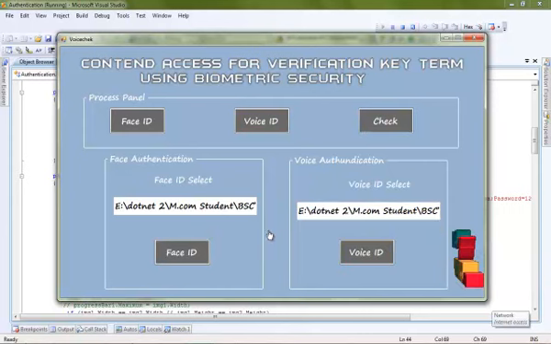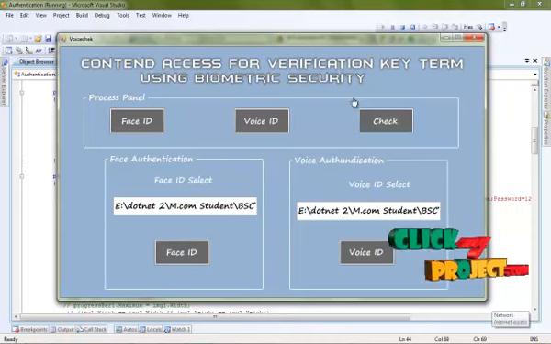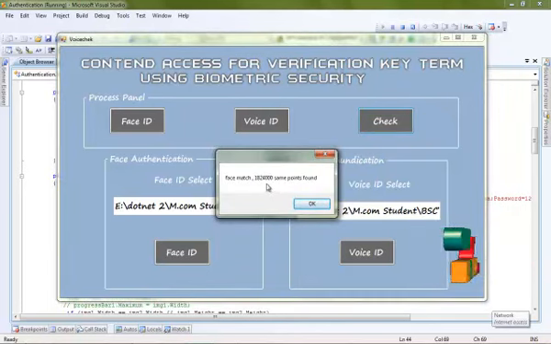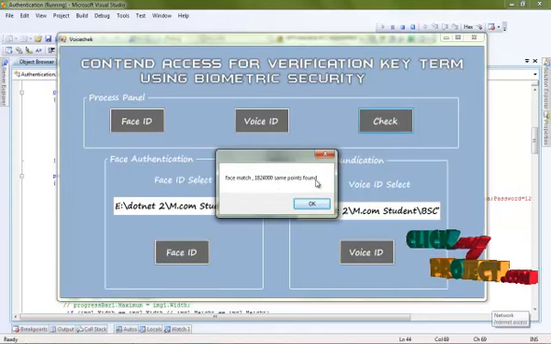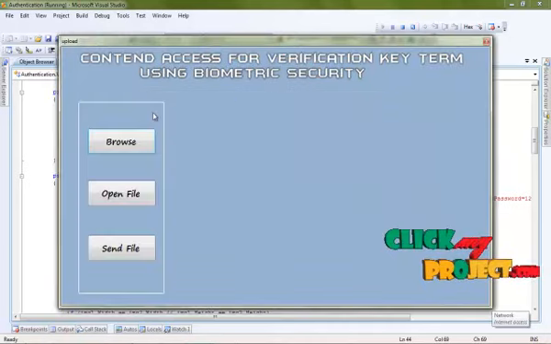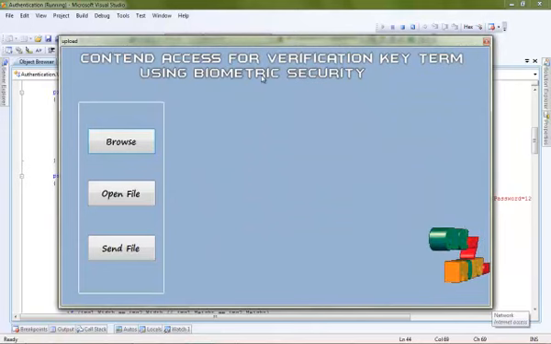The face ID is being calculated and also the voice ID. Check status is verifying our user information. In this process, every security system is verified. The face ID match found something like 1000 points matching. This is the face ID verification process. Then click the voice matching process. The voice matching process uses the ASCII method, hashing. This is the process for file access in this method.